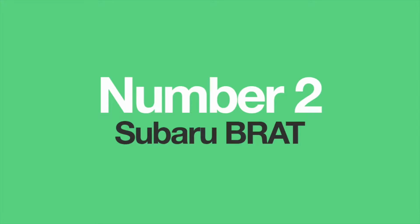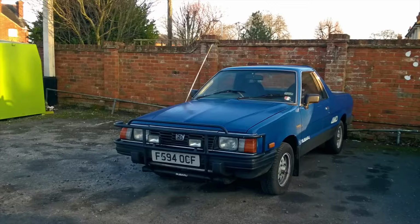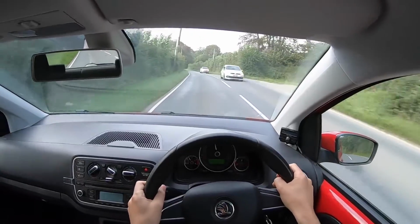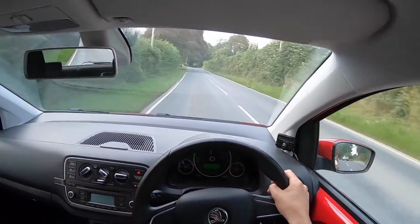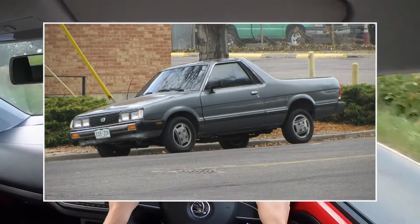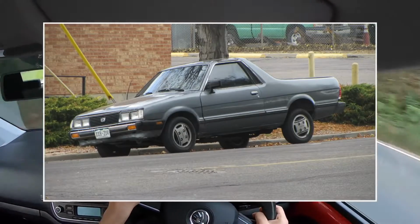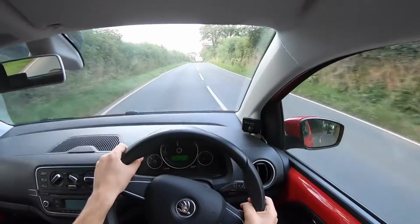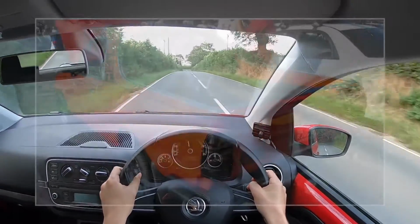Number 2. The Subaru Brat. The Subaru Brat, or the Bi-Drive Recreational All-Terrain Transporter, was a light pickup truck with all-wheel drive sold from 1978 until 1994. It was a practical and capable workhorse, but its main claim to fame was a unique seating configuration with 2 seats in the cabin and 2 seats, called jump seats, in the back, facing the rear of the